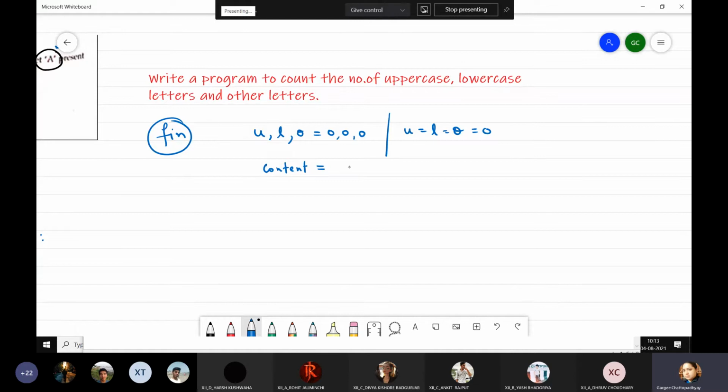So read function is called and everything is stored in the content object. The content object here is a complete string object, which contains a huge string containing all the characters written within the file. Now, for ch, that is character in content,